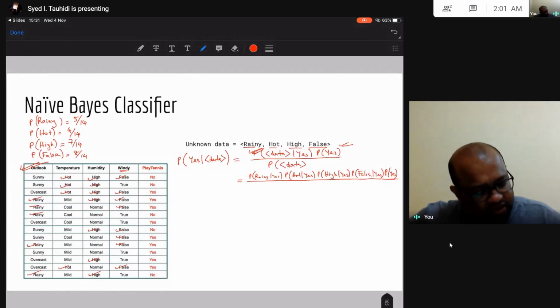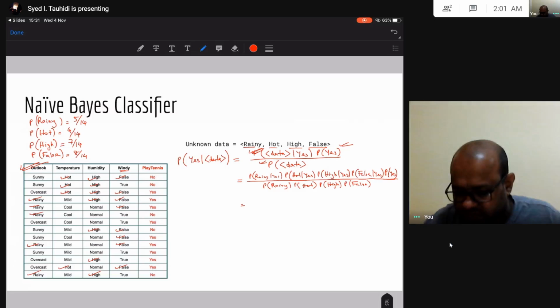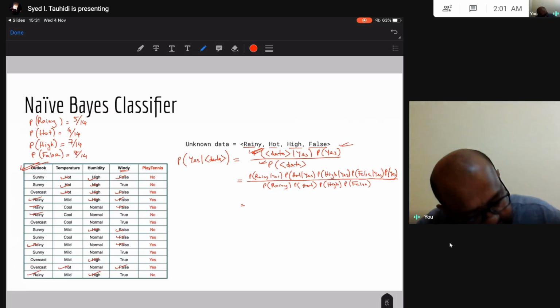And this denominator is the probability of rainy times the probability of hot times the probability of high times the probability of false. So the numerator is going to be 3 by 9 times 2 by 9 times 6 by 9 times